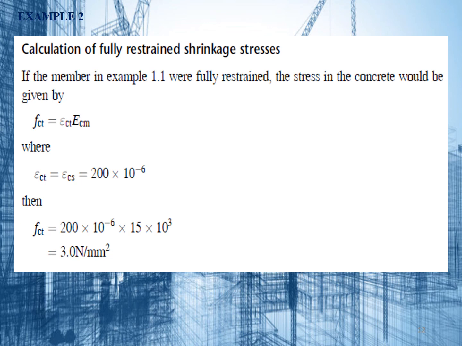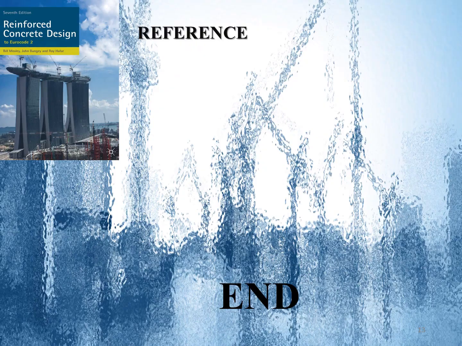Now we can create the equation in Newton per millimeter square. According to the given information, epsilon CT and the equation for the partial stress scenario, the stress of the fully restrained case depends on epsilon CS, epsilon SC, 200 times 10 power minus 6. Convert strain into stress, divided by modulus. ES is the modulus of elasticity; stress over strain. Then we can convert to the calculation ES divided by ECM, equal to 200 divided by 50. For fully restrained, AS divided by AC, stress would be given as